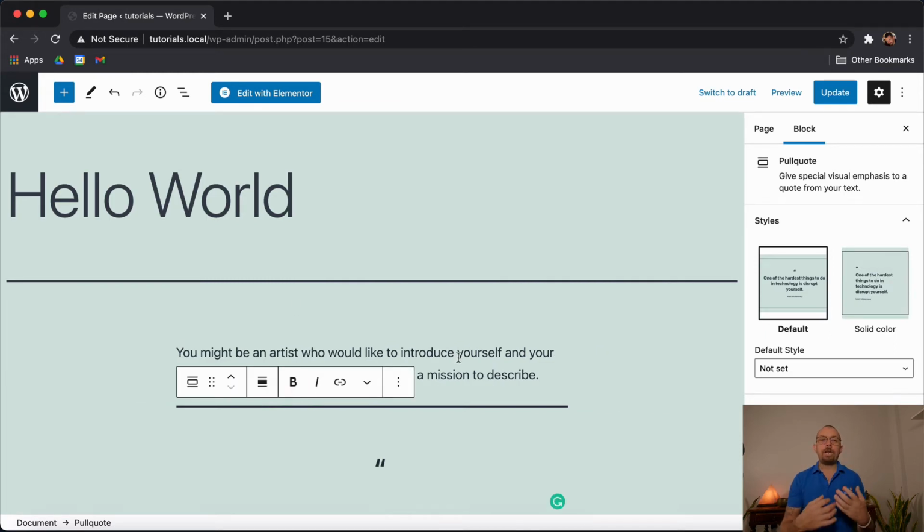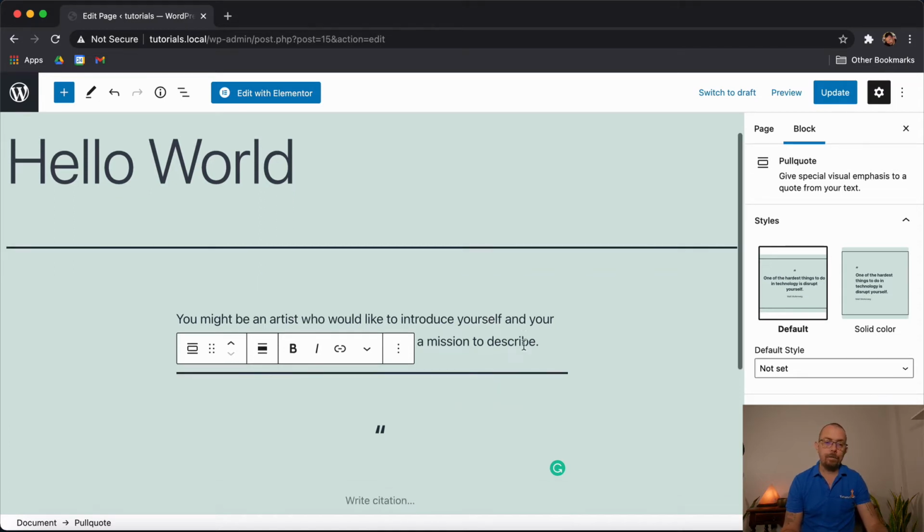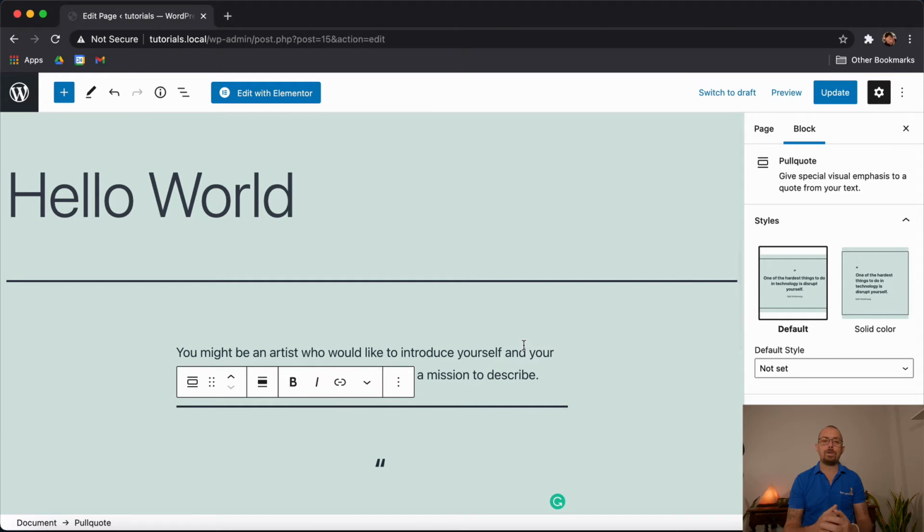I don't generally use this type of creation for creating my page content. I find it very limiting. I prefer to use drag and drops. I prefer to use these, especially Elementor Pro, which we're going to do a whole course on, which is the best thing I've ever seen. But generally, when you're working inside of this, it's limiting. I don't like the way that you create pages inside of this.